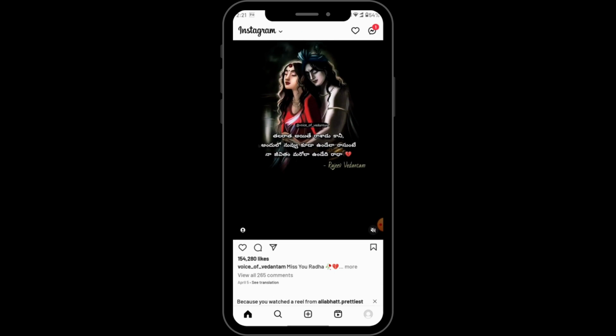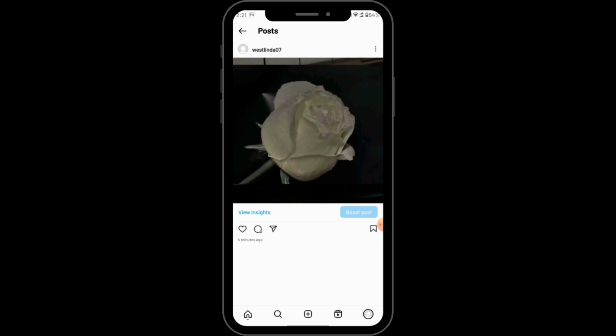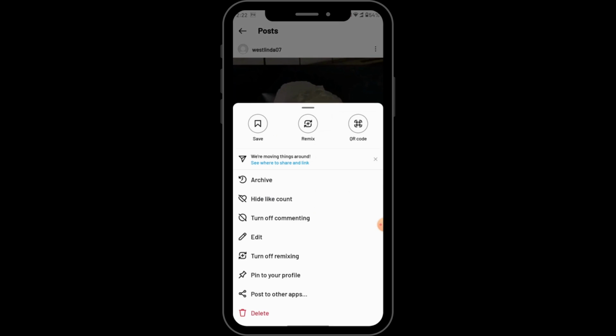So after that, on the bottom right corner, you will have a profile icon. Tap on profile and choose a photo that you would like to save, and I'll be choosing this photo. On the upper right corner, you will have three dots icon. Tap on that, and then here you can see you will have an option which says link, but if you